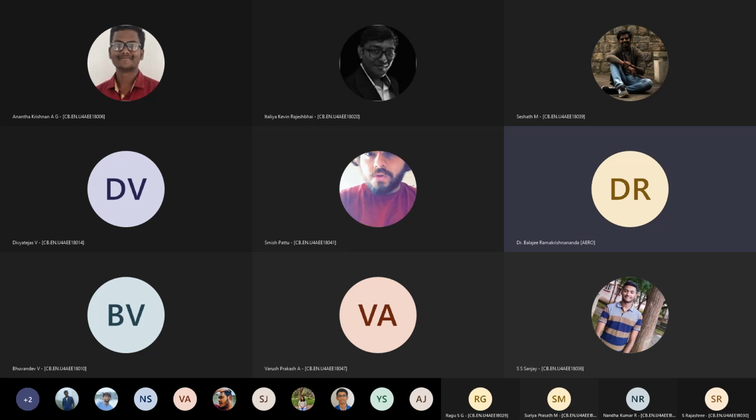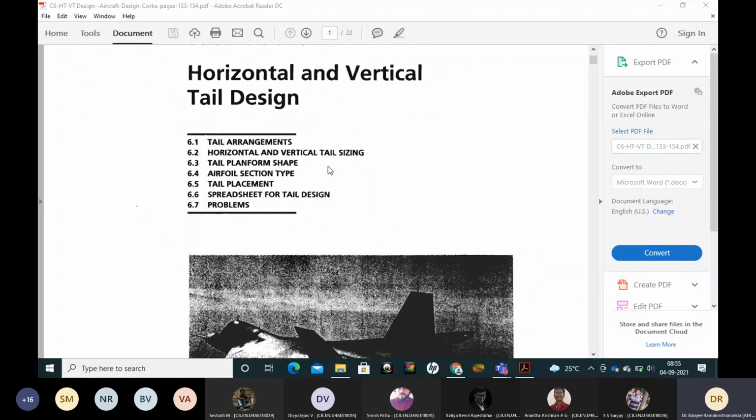So it consists of 5 modules. The first module is tail arrangement. You have to choose what type of tail you want, whether H tail, V tail, T tail, conventional tail, or canard, or any other configuration. So then, if you choose that, you can choose it from a reference aircraft or according to your special needs. If you think of something, you can even differ from your reference aircraft, no problem. Then